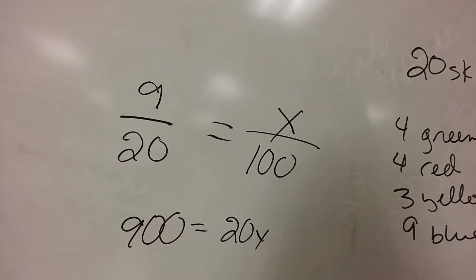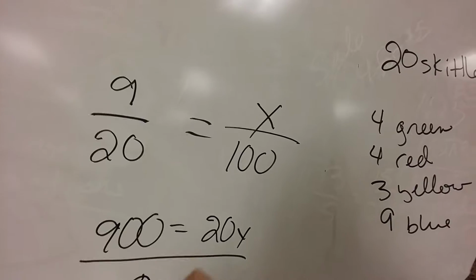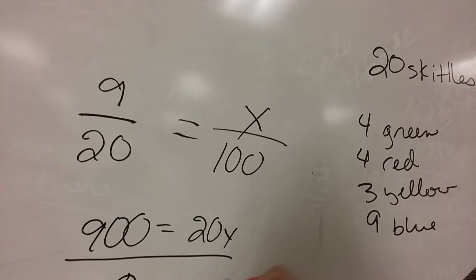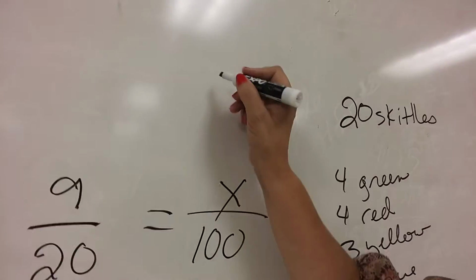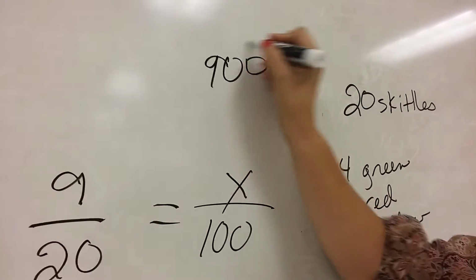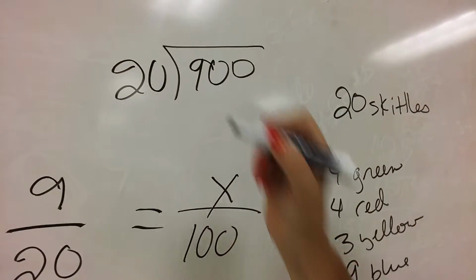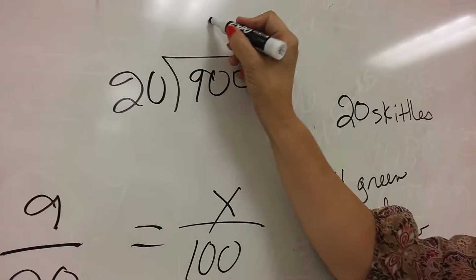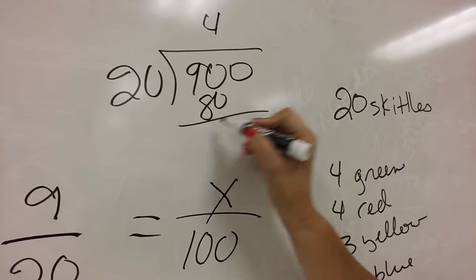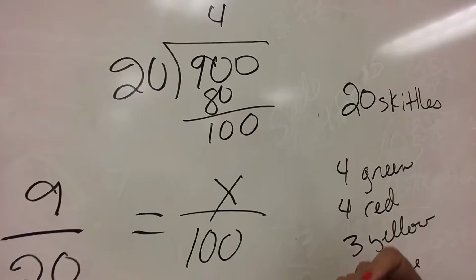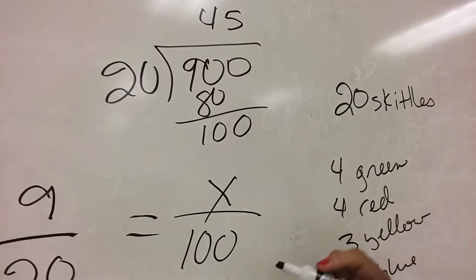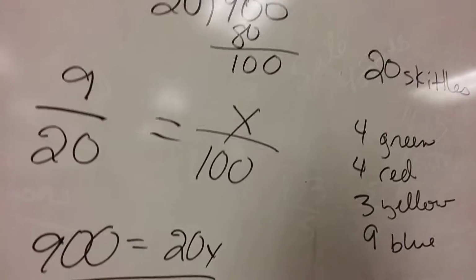And then I want to get rid of that 20, so I'm just going to divide all of that by 20. And I end up with 900 divided by 20. I'm just going to do the math. 900 divided by 20. 20 is going to go into 90 4 times. That's 80. I have 10 left. I bring down my 0 to 100. So that goes in 45 times. So that means x is going to equal